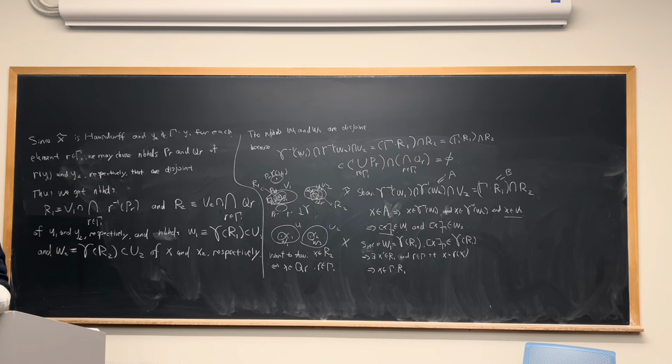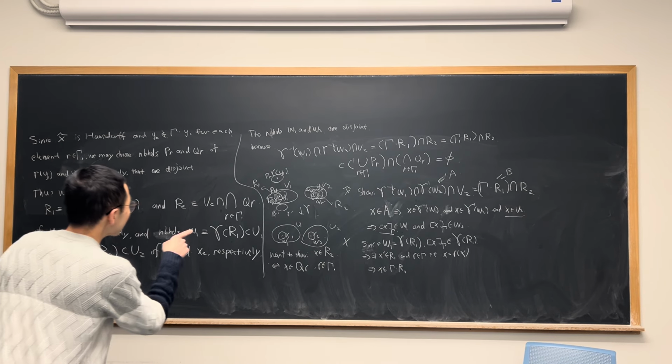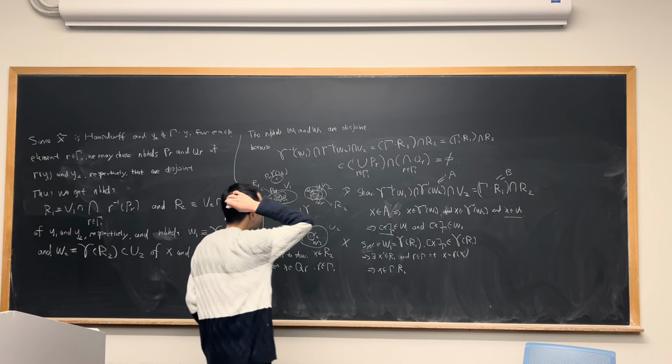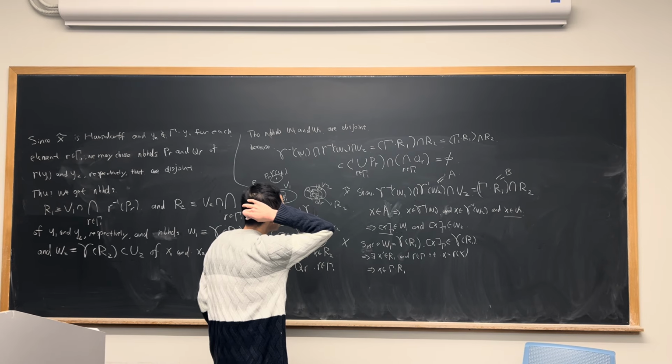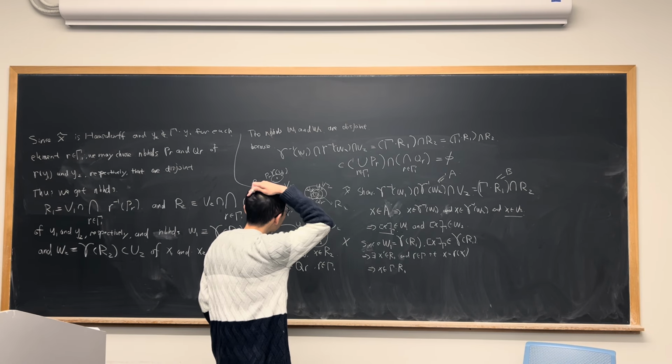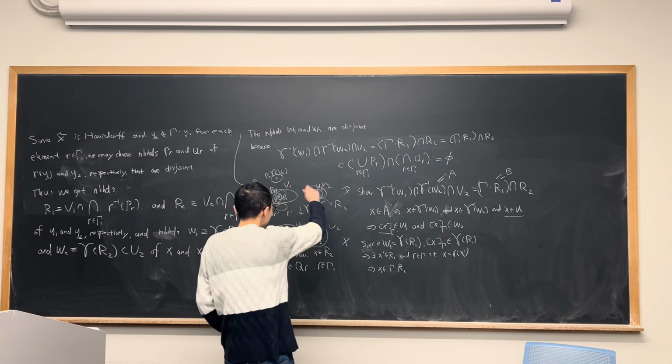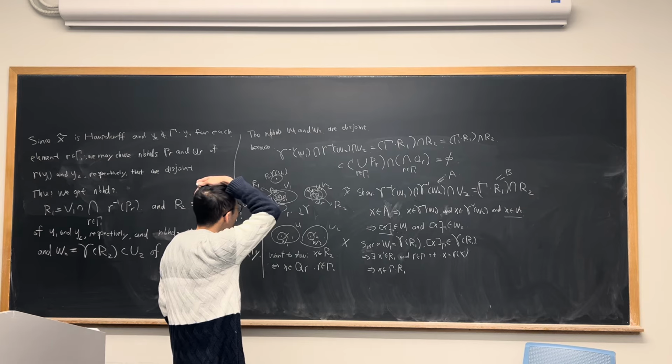So this QR is like the neighborhood of this point, right? Here we are picking the x to be... Oh, okay. Because this x is in gamma inverse of W2. Yes, exactly. So therefore,